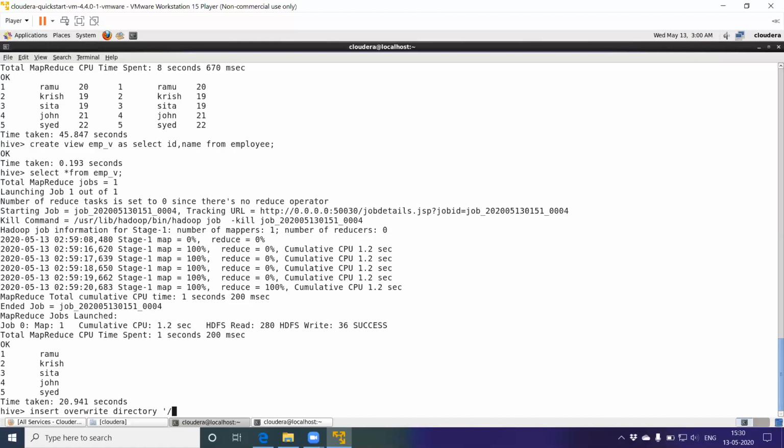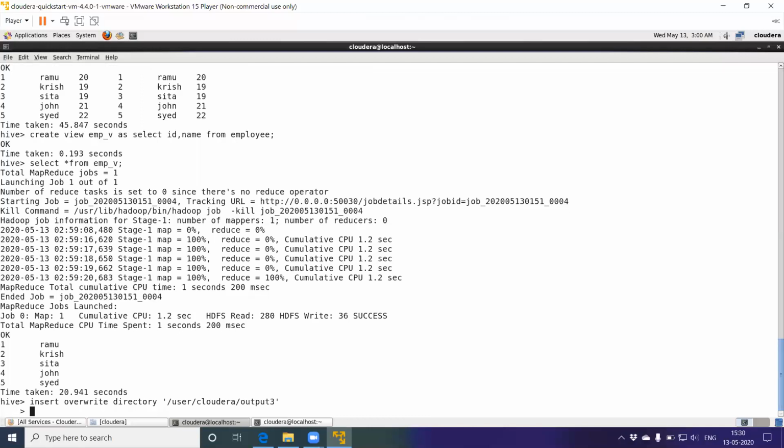Within the single quote, you have to mention the directory where you would like to save, /user/Cloudera/, say some directory which does not already exist, single quote close, space, select.